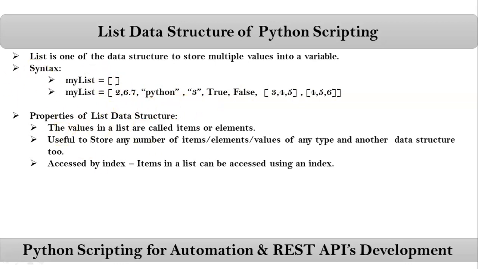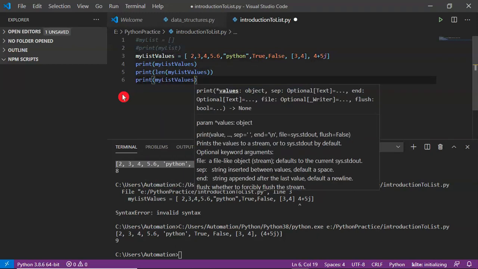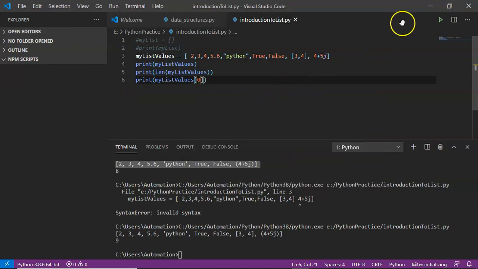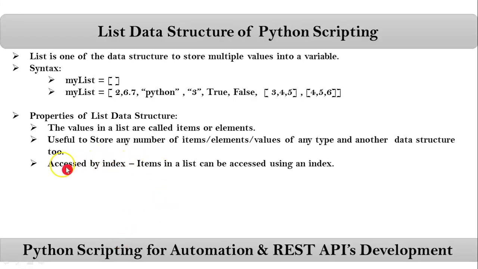So here the first index number is 0. Suppose I am trying to print my list values from index 0, same syntax as your string. See the result, you are getting the first value from here. So that means we can access the values in your list with an index.